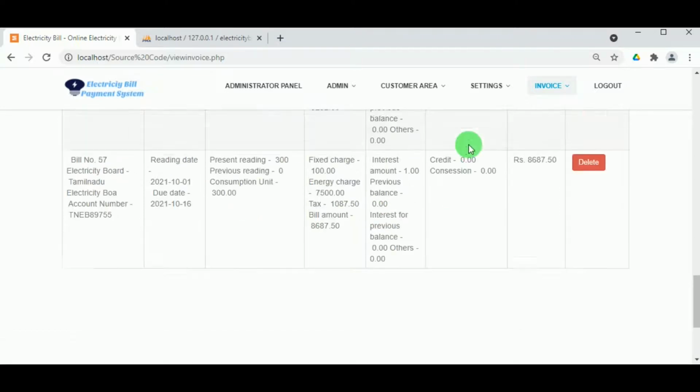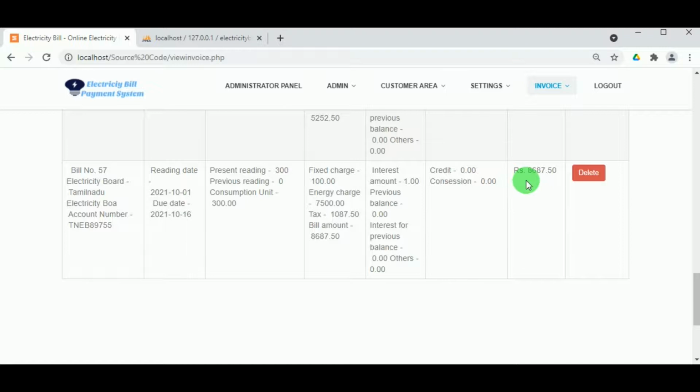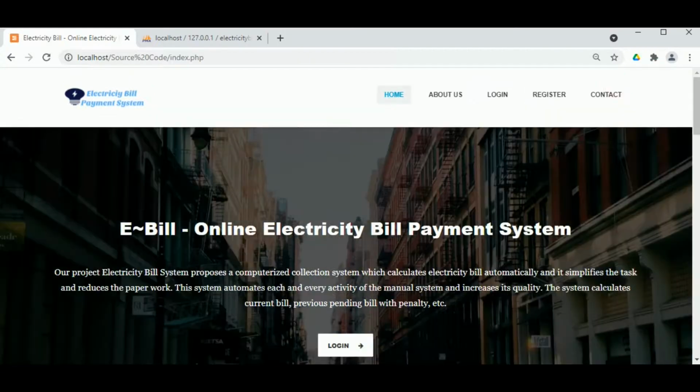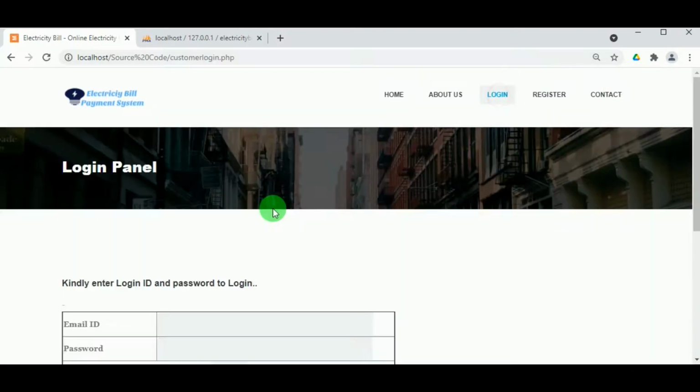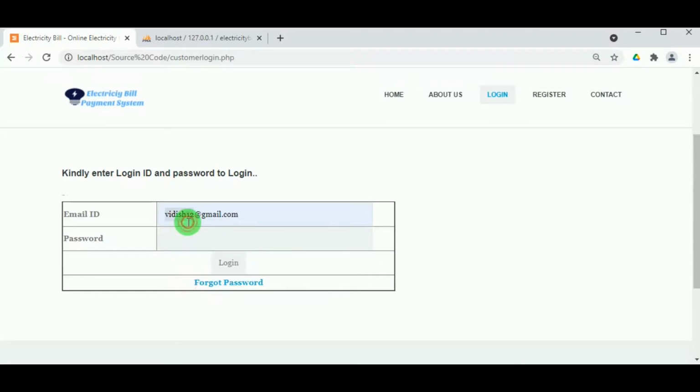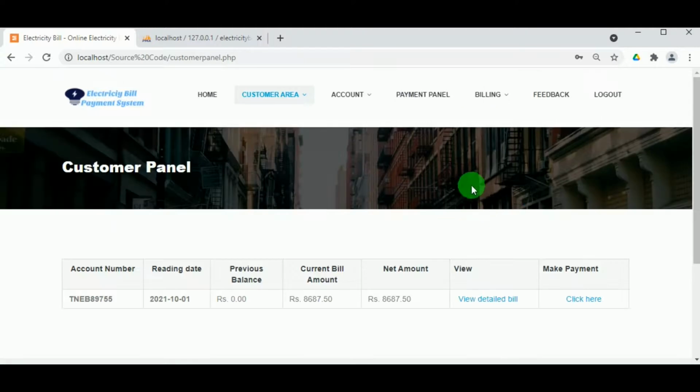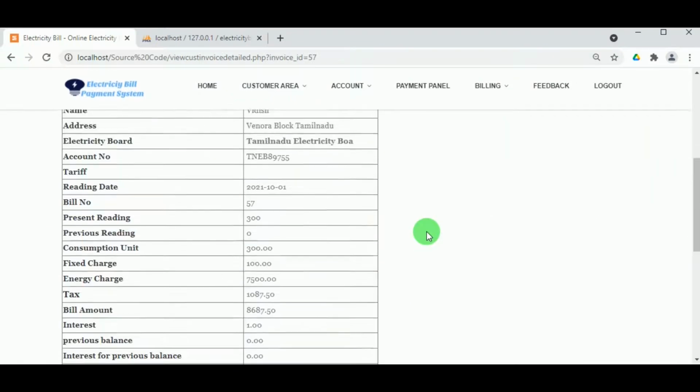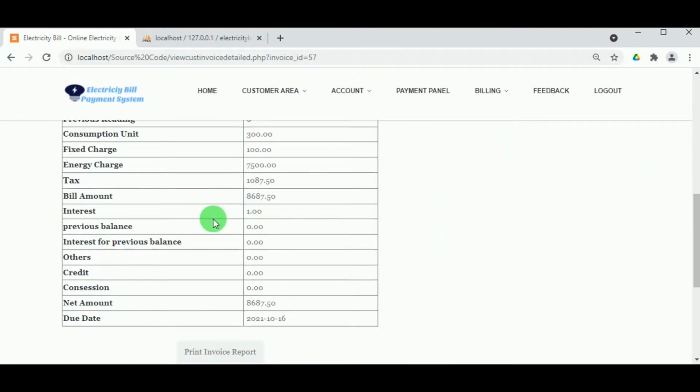So here the bill detail can be viewed by the admin, and in view billing report, once the customer makes the payment, then it can be viewed. So now let us log in as the customer, and the customer must log in using their login ID and the password, and once they log in, now they can view their bill details, that is the bill has been